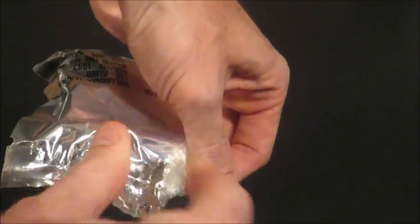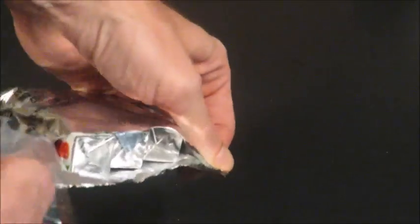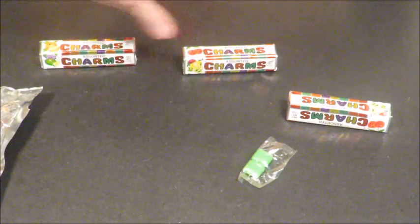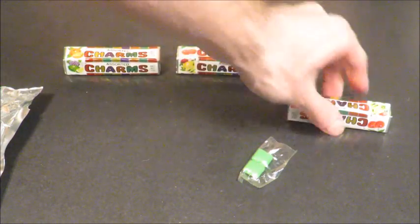We're just gonna open it the way it was supposed to be opened. I'm not gonna worry about this one. So we get some newer charms, huh? They smell nice. I smell some mint in there too. That's right, the spearmint gum. They give you a pack of gum and 3 packs of charms. Boy, so this is what these poor guys would be living off of